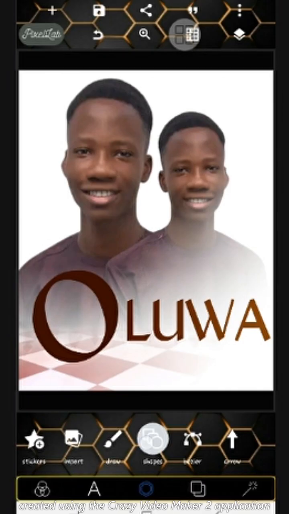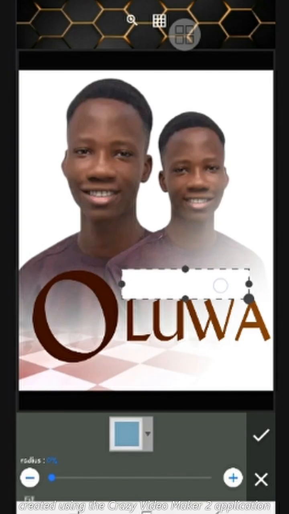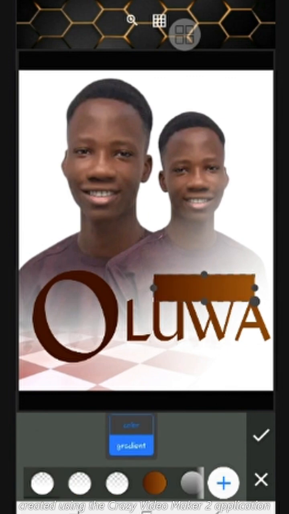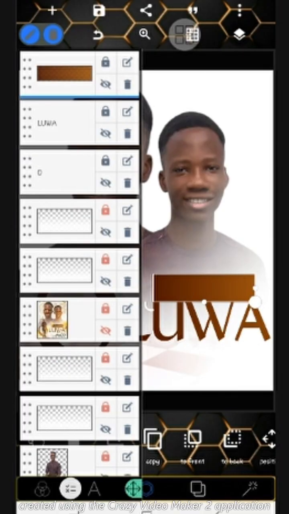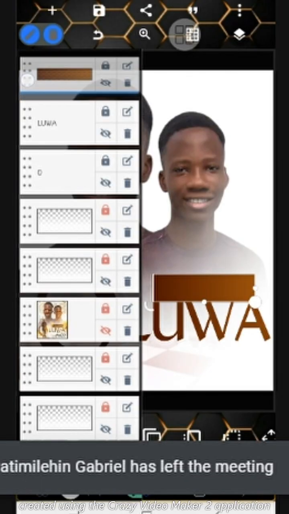So what I want to add is a shape. I will add a shape, something like this. Okay, something like this. Now I will change the color to the same gradient color that I used for the text. Right, the next thing I will do is to drag it down under that lower. For me to do it, either I click this to back here, or I go to layer, hold on this, hold my hands on these three dots and drag it down